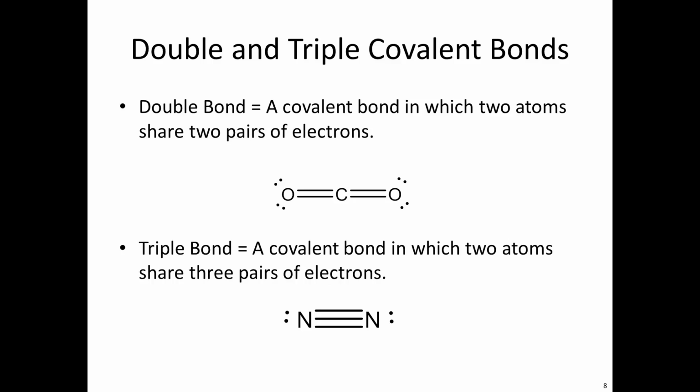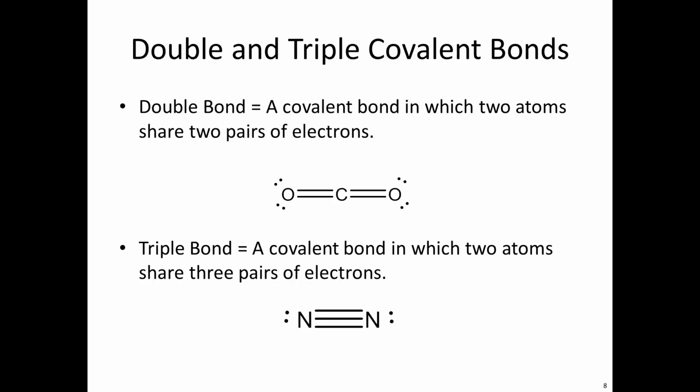It's also sharing two pairs of electrons with the oxygen on the left. Through those covalent interactions, the central carbon has an octet of electrons. If we count the shared electrons plus the lone pair electrons on each oxygen, we'll get an octet of electrons on each oxygen. We can also form triple bonds,